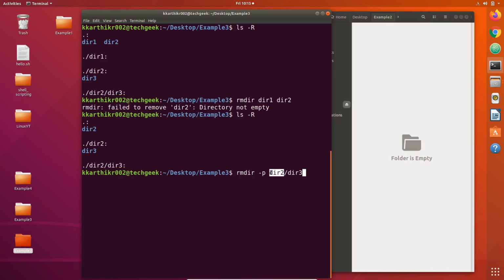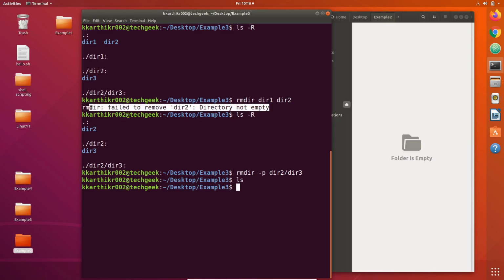It removes directory2 if directory2 is empty, otherwise gives an error that it cannot remove directory2. Let us run the command and see what happens. Let us check the contents of example3. You can see that this whole structure is being removed and there are no contents in example3 directory.